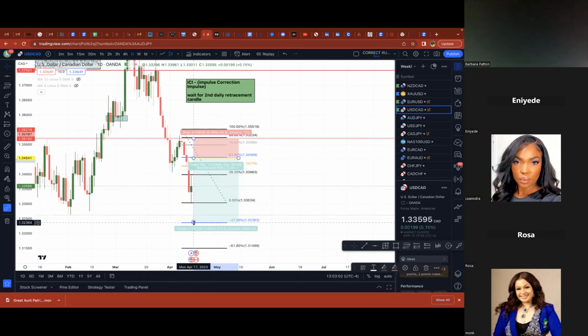But yeah, I'm trying to learn how to take partials because I'm used to holding. But sometimes with a challenge, it's better to take what the market gives you first before it pulls back on you and then reverses, because it kind of messes with your psychology a little bit. So at the 0, take partials or hold, and then take the remaining to negative 27.